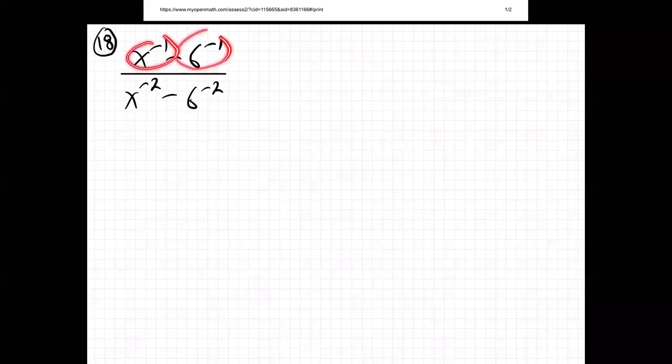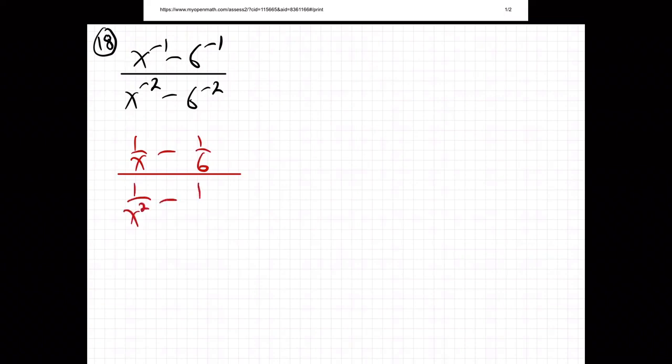Okay, so negative powers on these guys. I think we know what that means. That we have to put 1 over. So it's 1 over x minus 1 over 6. And this is going to be 1 over x squared and 1 over 6 squared. So negative powers, you remember they flip right where they're at,